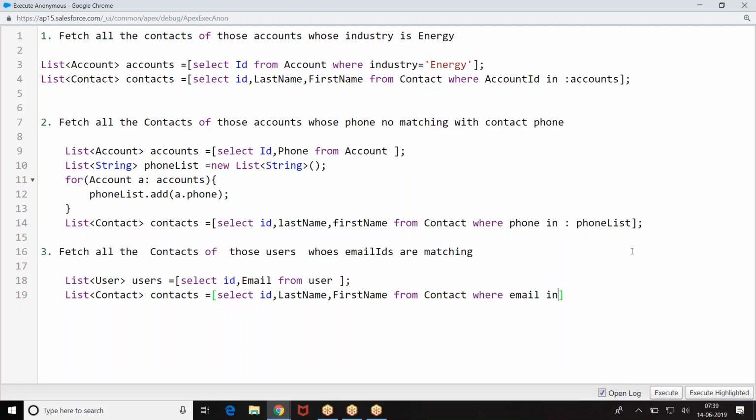Here, email in. Can I give it like this? You cannot compare a non-ID field with a list of SObject. So what is the solution you have?